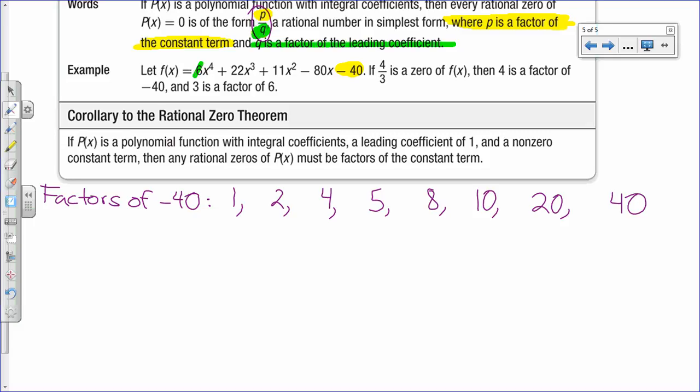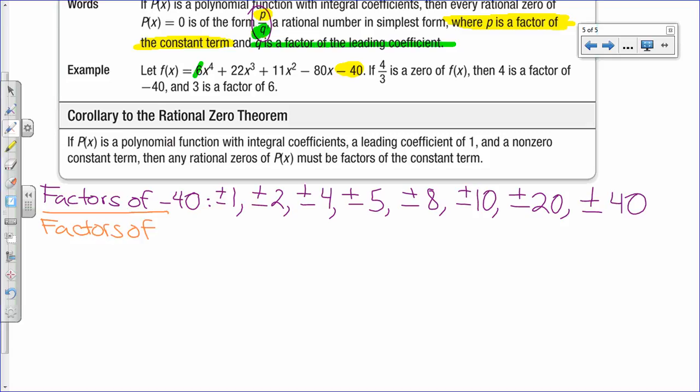We're missing another 8. Plus minus, because that means negative 1, positive 1, negative 2, positive 2, negative 4, positive 4. So now how many do we have total? 16. Okay, so we take that, and then we're going to divide them by the factors